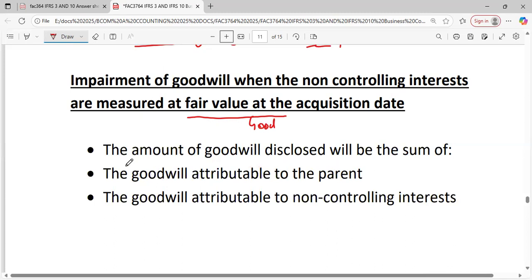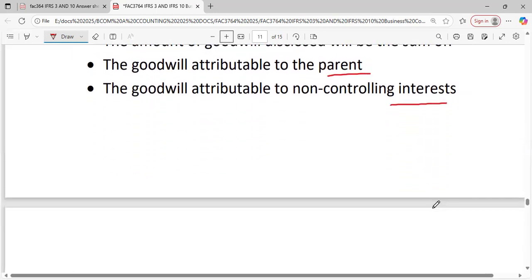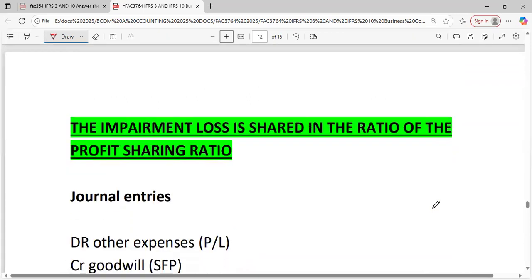The amount of goodwill disclosed will be the sum of the goodwill attributable to the parent and the goodwill attributable to the non-controlling interest. And when you have impairment, you are now going to